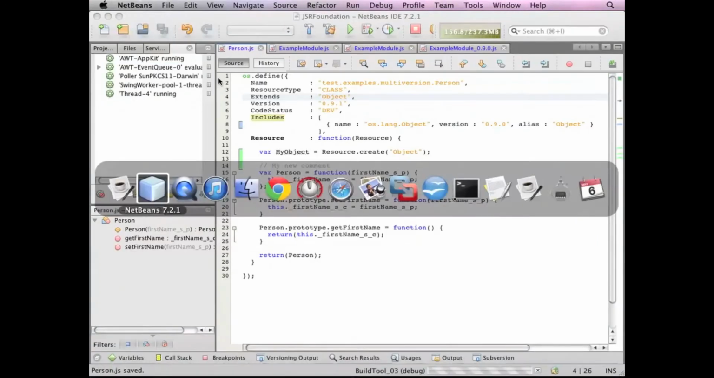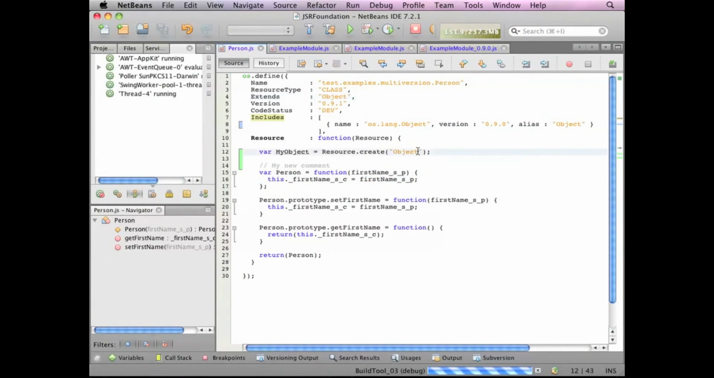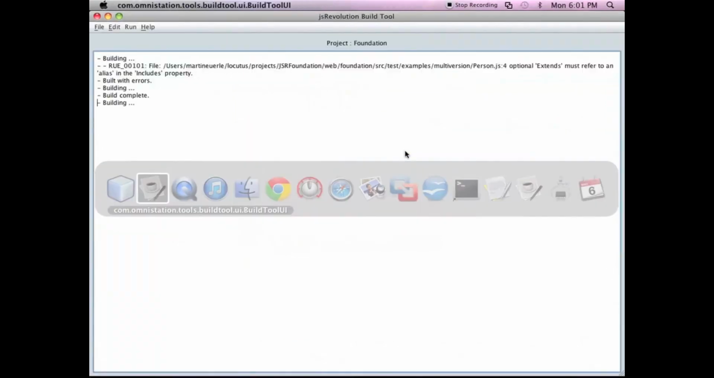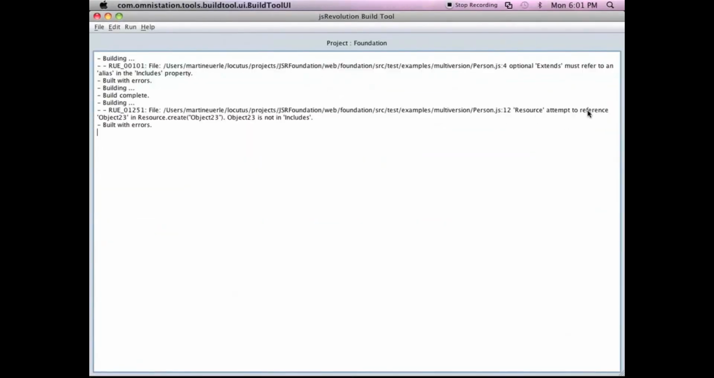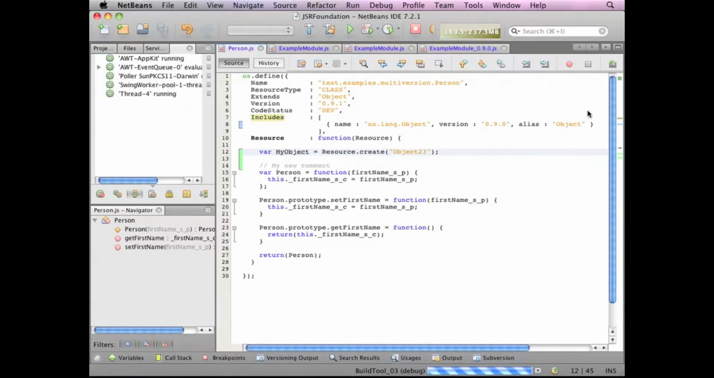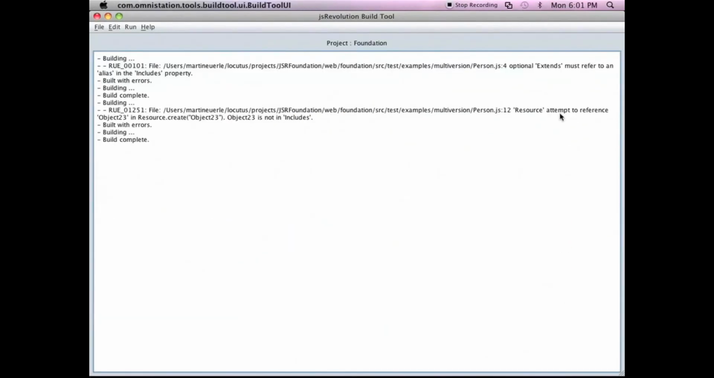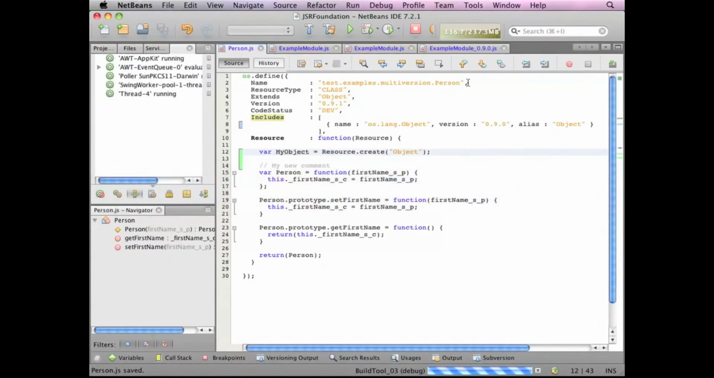Now the build tool is happy. Here we're attempting to create an object from an alias that doesn't exist, and the build tool tells us. We'll fix that error. Okay, it's already happy. The other thing is we want to make sure that you put your files in a proper namespace,